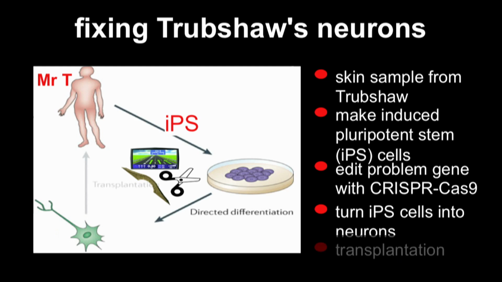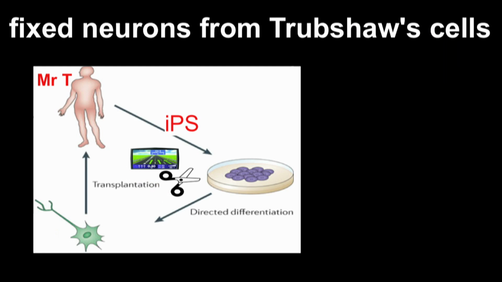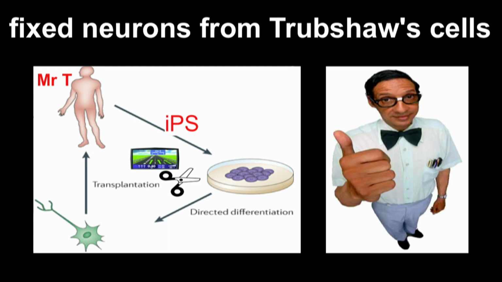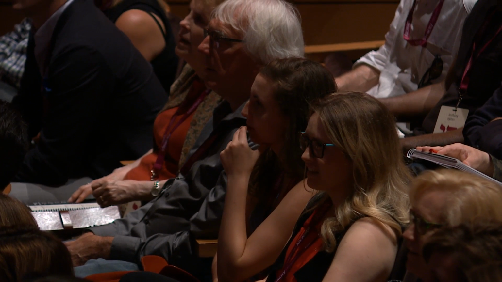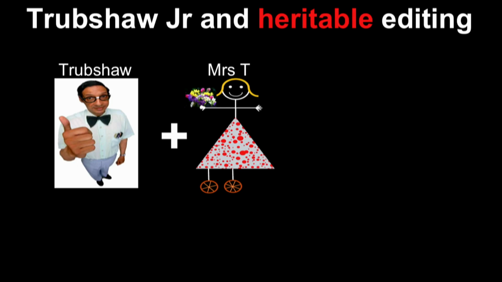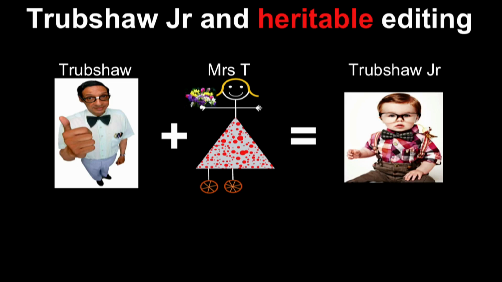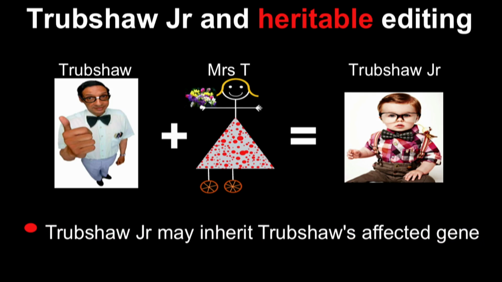We can, by a process called directed differentiation, then ask these cells to become neurons, and since they're in a way derived from Trubshaw in the first place, we can then transplant them back to Trubshaw so that he is now fixed and better. Hurrah! So he's well, and he's a multi-billionaire, of course, and the ladies love him. And so out he goes into the outside world, and he meets the love of his life, and they get hooked up and married and everything, and they want to start a family. But the problem is that we've fixed Trubshaw's neurons, but it means that any kids that they have may inherit the same condition that Trubshaw Sr. had. So what hope might there be in the future that we can fix that problem?